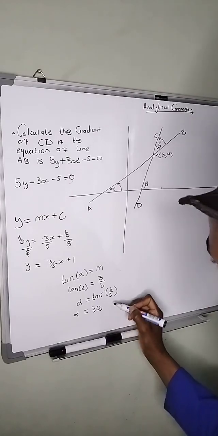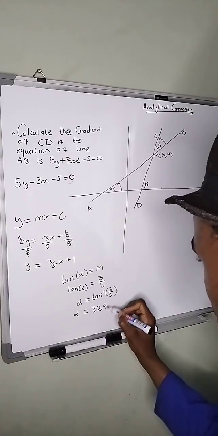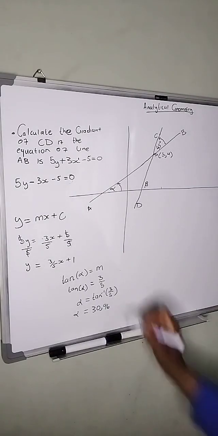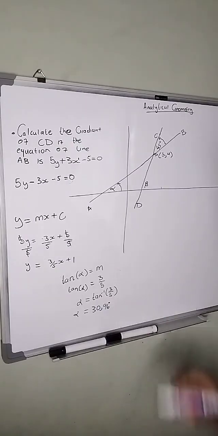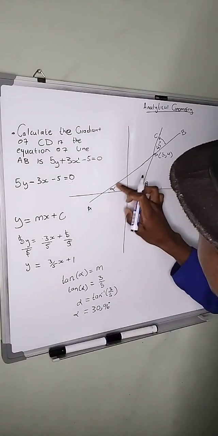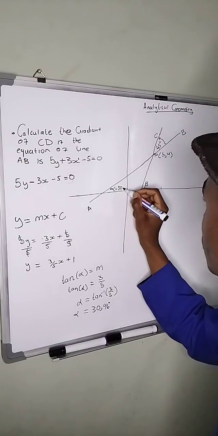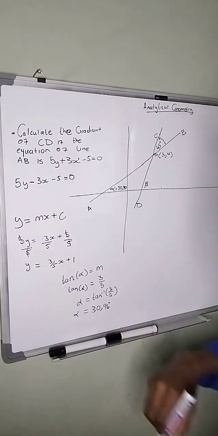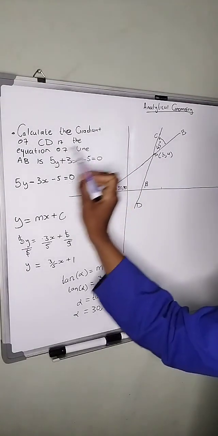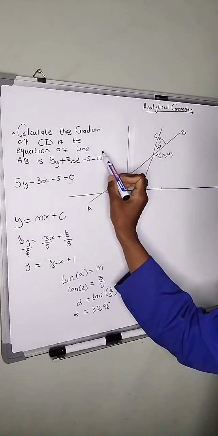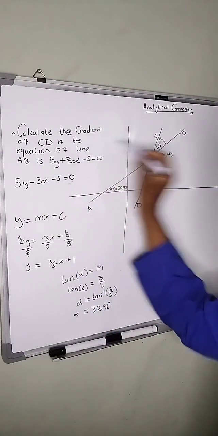Oh, yes. Thank you very much. It's going to be 30,96 degrees, ne? It means this angle is going to be 30,96. Remember, we are calculating for the equation of the line CD,